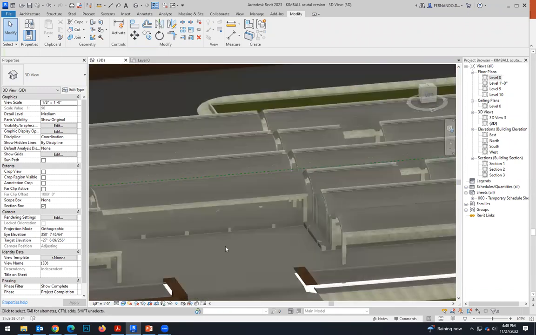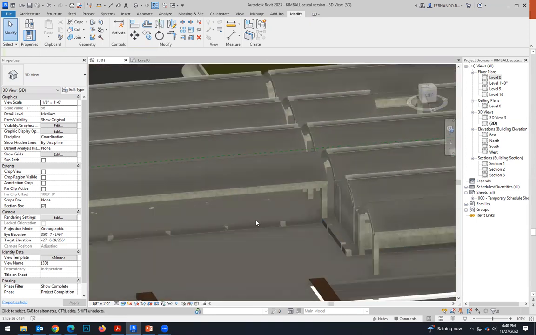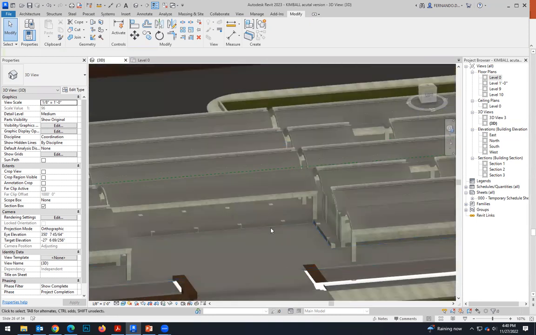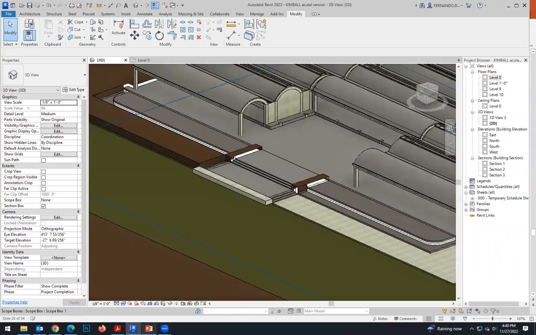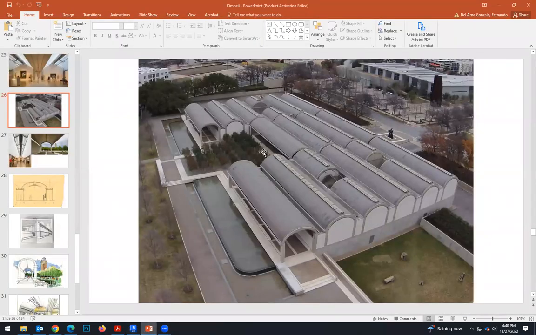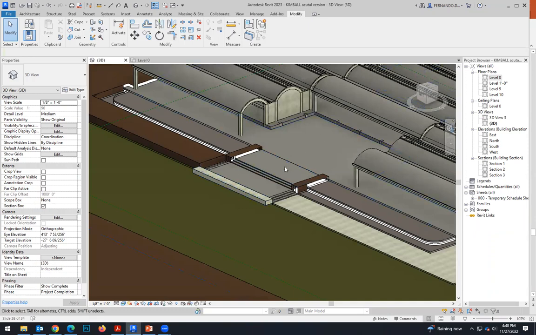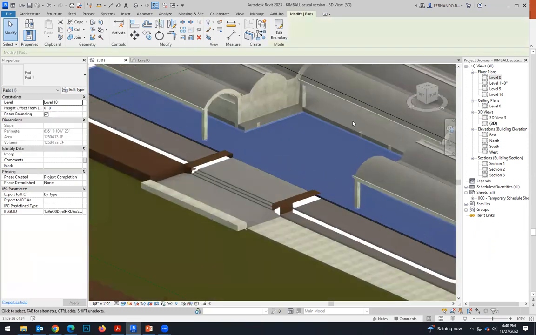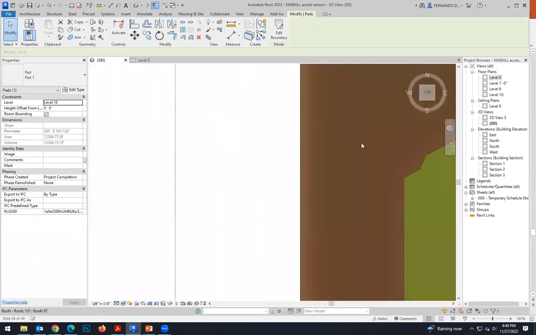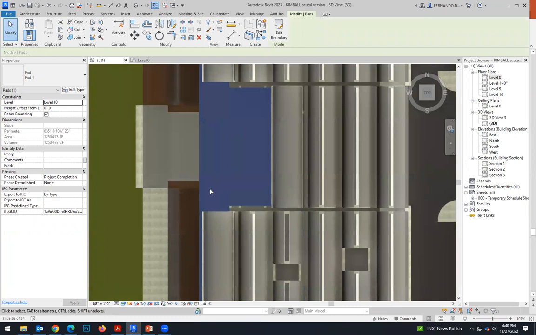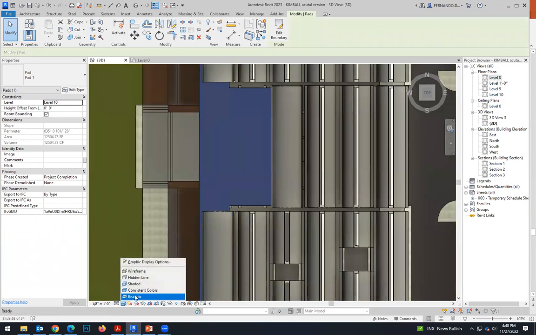I'm not sure, but what I do know is that this level should be the same as that one. So we can either lower this floor or we can create 2 more steps. I don't know if we have those steps in the original building. But from this level to that level, we do need steps. And if we don't want to work with the boundary,